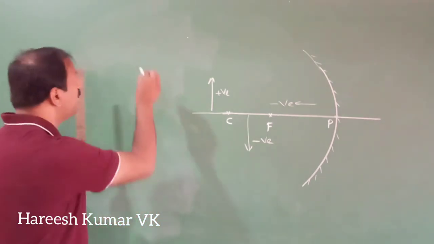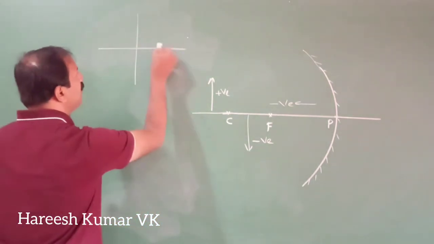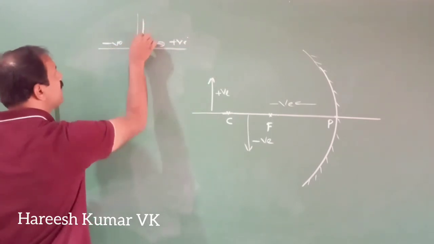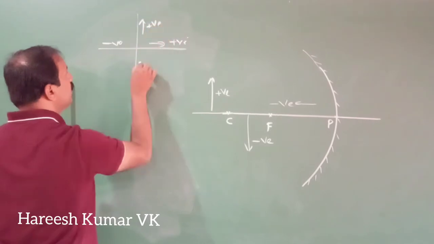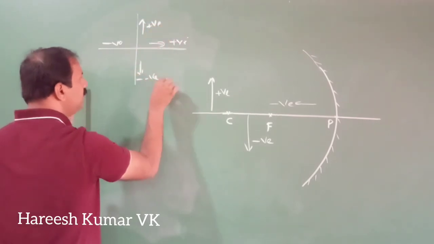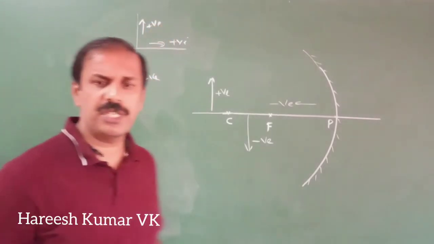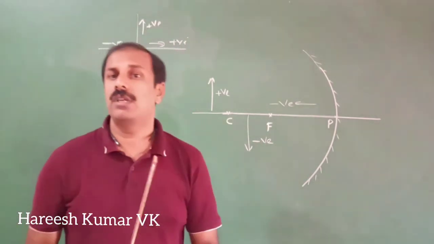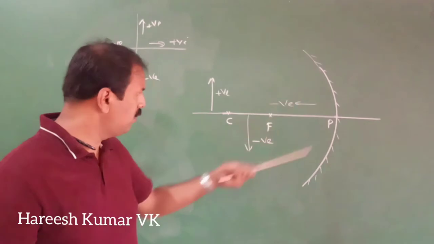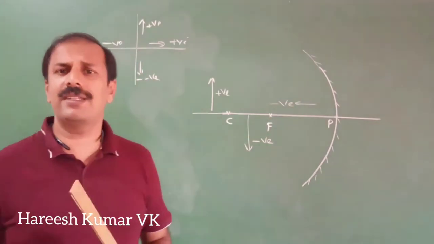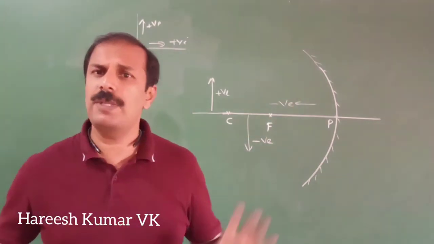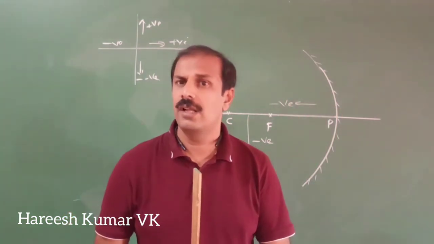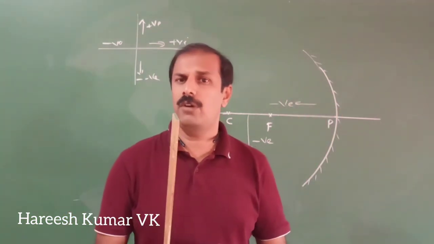Same as our graph sheet, you remember, all the measurement toward this side is positive, this side negative, this side again positive, this side again negative. So, that's about our sign convention. Once more, I think you understood all the points. When you are doing some numerical problem, you will get the clear picture. Even then, if the picture is not there, if the question is not there also, what you have to remember is the concave and convex.